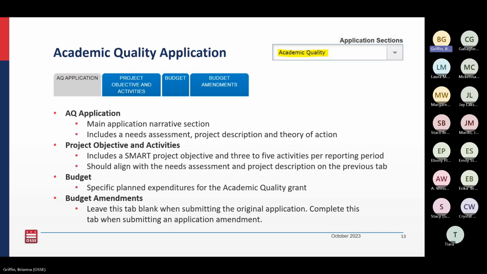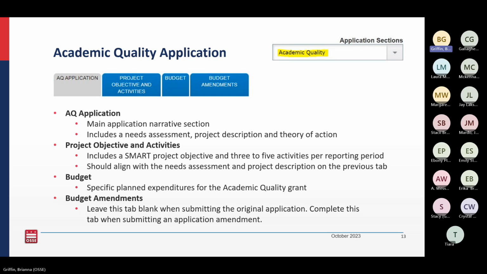The second tab in this section is project objective and activities, which include a SMART project objective and then 3 to 5 activities per reporting period. And it should align with the needs assessment and project description on the previous tab. Next is your budget tab and the sub-tabs by category of expenditure, which is where you'll outline the specific planned expenditures for this grant.